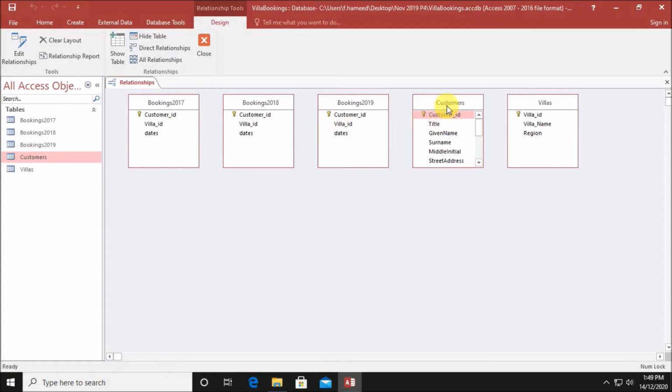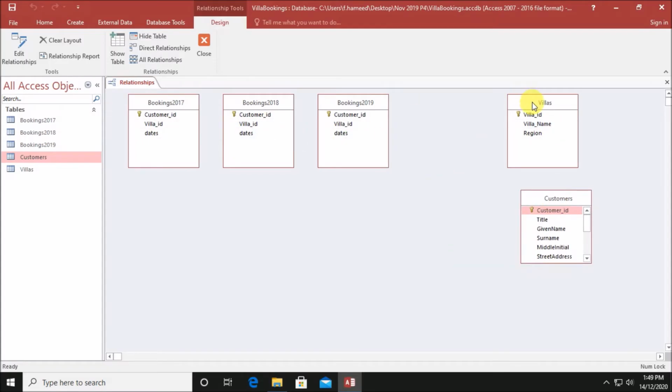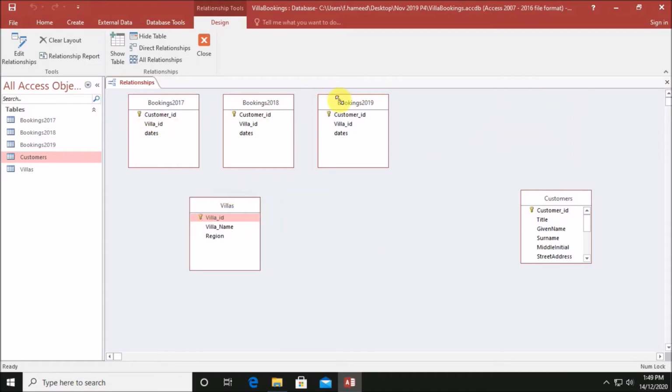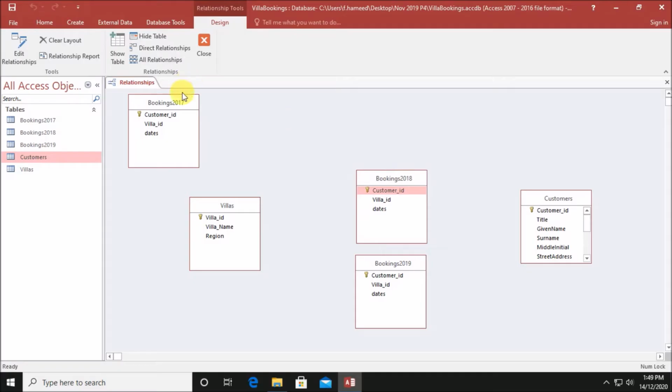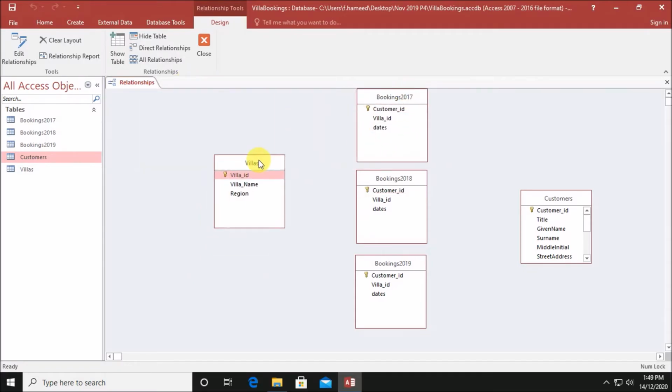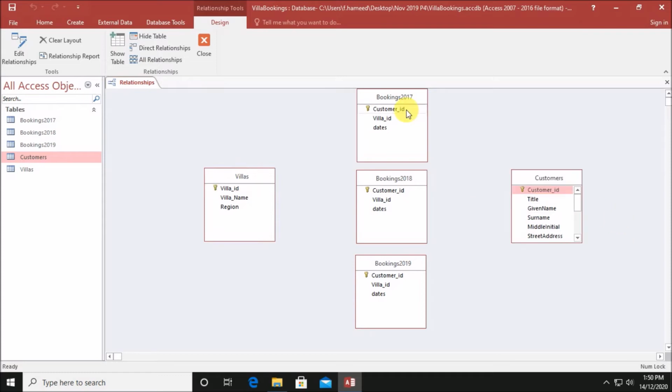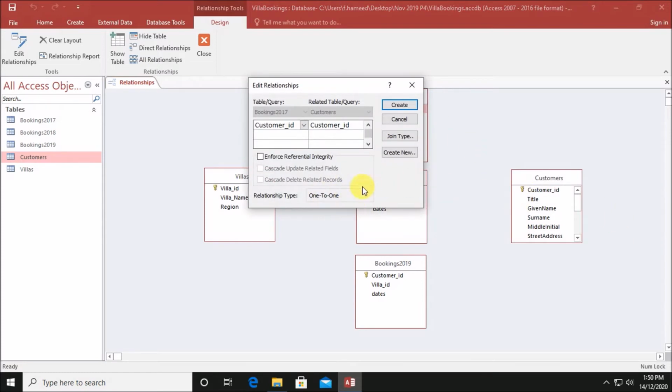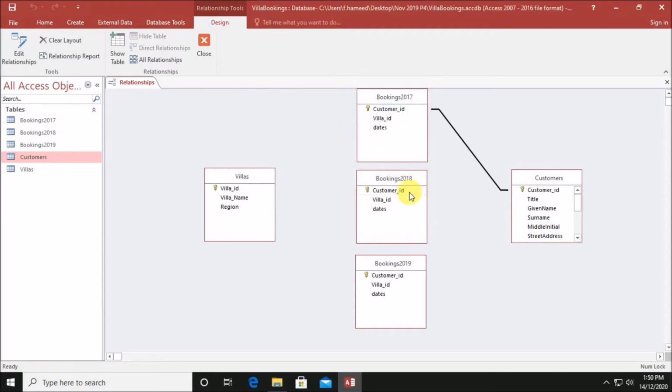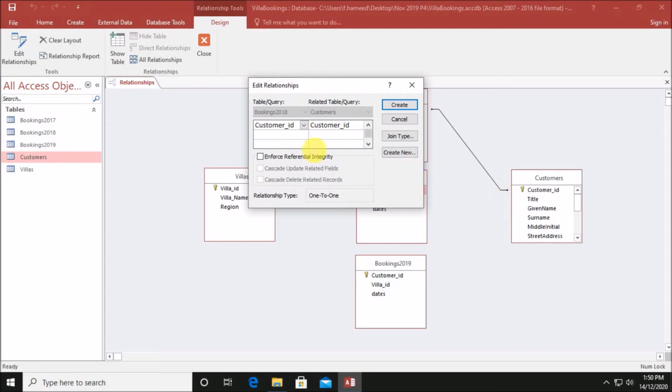So let us arrange it in this way. Customer ID to customer ID. This is a one-to-one relationship.